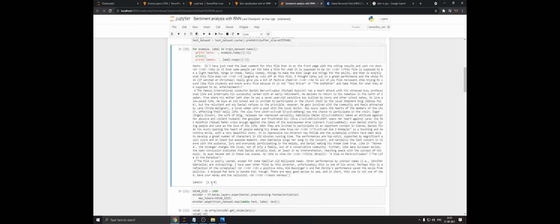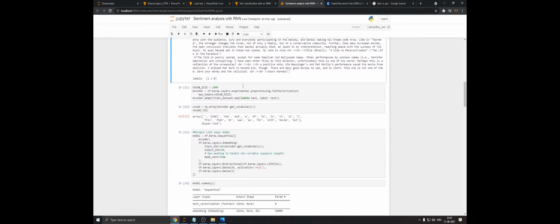We have label 0 for a negative review and 1 for a positive review, and we have taken a vocabulary size of 1000 words here. We are defining the vocabulary size, which is 1000, and then we are creating a text vectorization layer, which is called the encoder. Encoder does three things. First of all, it standardizes the data, then tokenizes it, and then vectorizes all the tokens given by the tokenization layer.